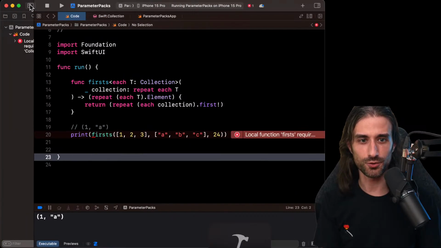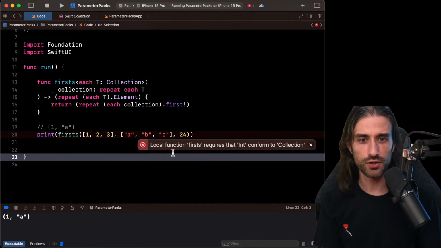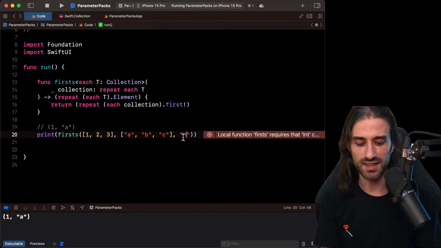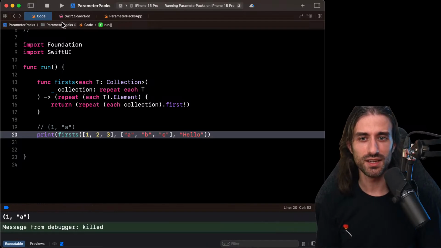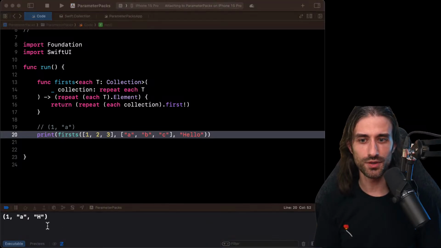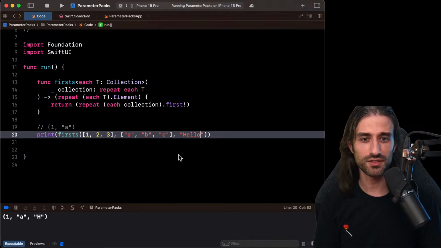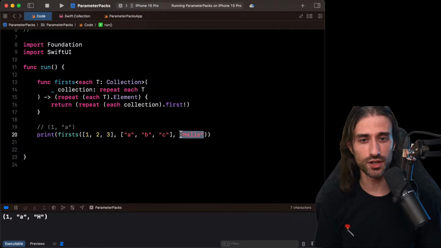And of course, now it doesn't work because local function first requires that int conform to collection, which is not the case. And let's say if I put a string, this time it works because string in Swift is a collection. So if I run the code, you can see that we have the first letter of the string because string conforms to collection in the current version of Swift.